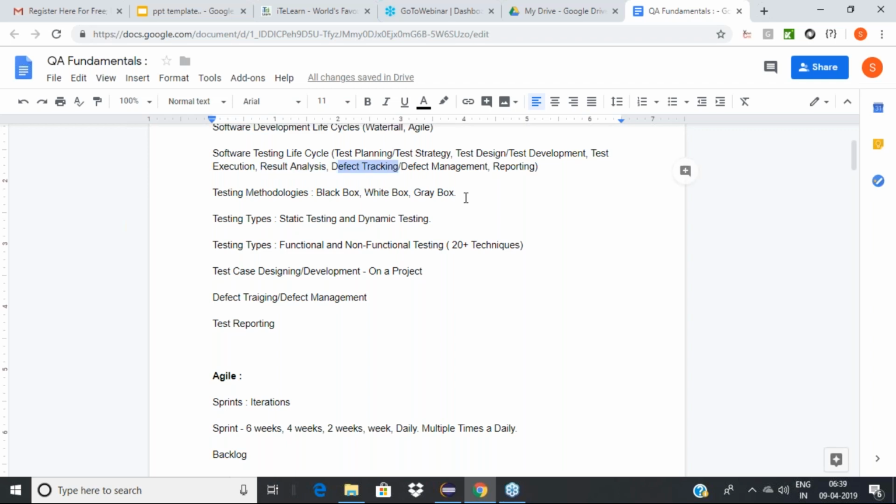So we call it defect tracking, defect management. Some of the defect management tools like JIRA and Bugzilla play a major role while doing that. And when you track the defects, one important activity that happens is called defect triaging or defect management. In fact, we are going to initiate it as a QA, because you identify a lot of bugs